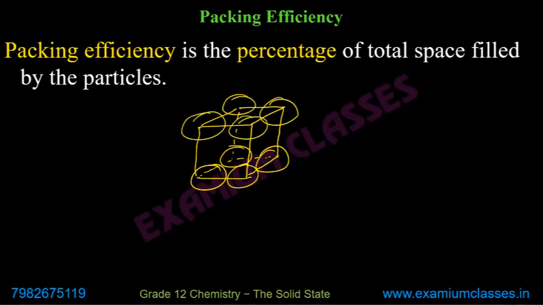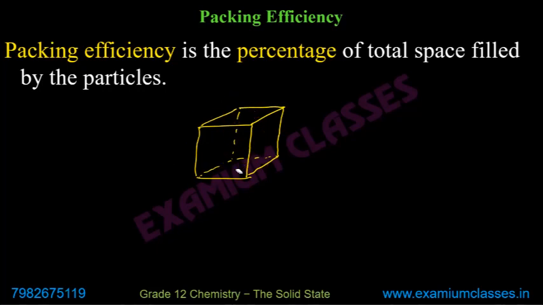I'm not drawing the diagram very clearly, but I'll show you. At the corner, effectively we say that these contribute equal to one atom inside us. It is not body centered. I have shown one atom inside just to show you that effectively one atom is inside, because 8 into 1 by 8 contribution from corners will be one atom. So effectively within the unit cell there is one atom.